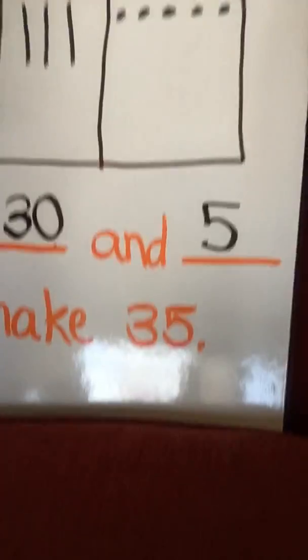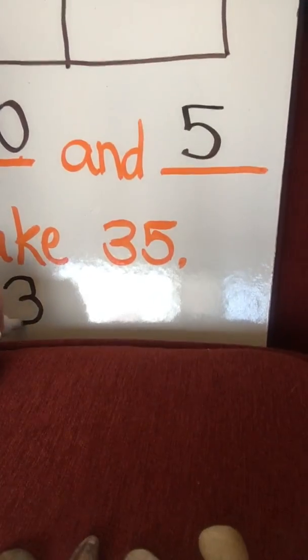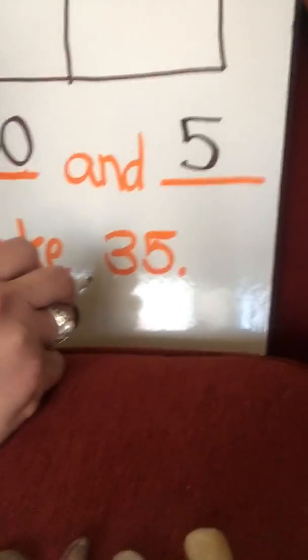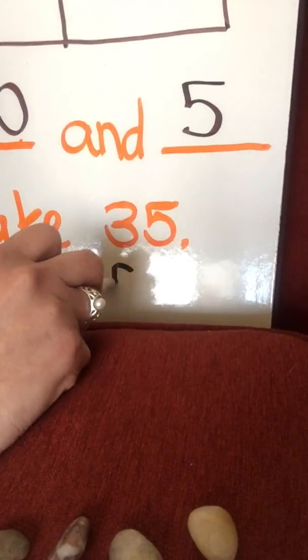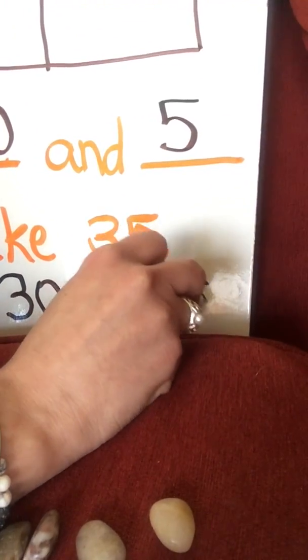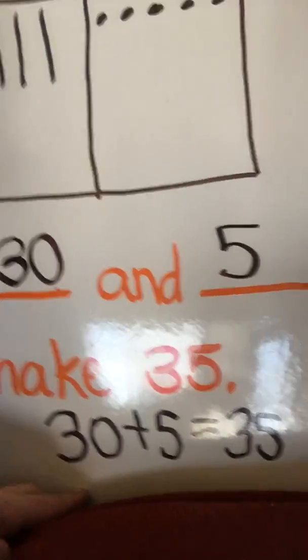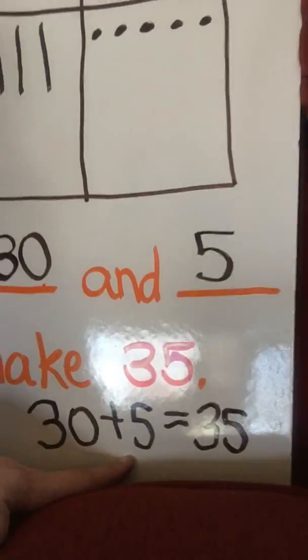If we were to write our expanded form, we would write 30 plus 5 equals 35. We took our value of our 10s, which is 30, plus the value of our 1s, which is 5,